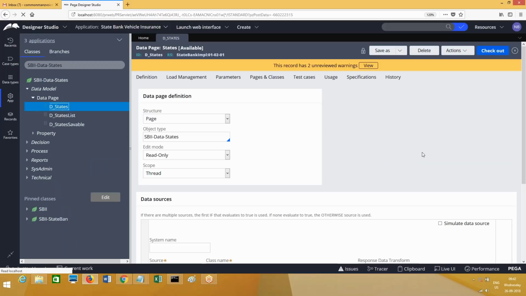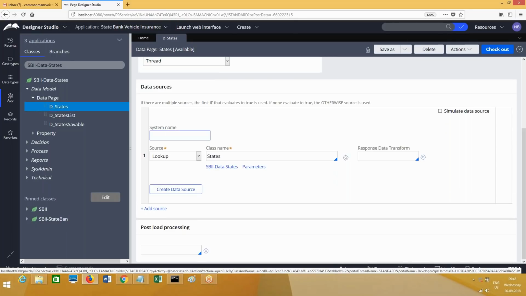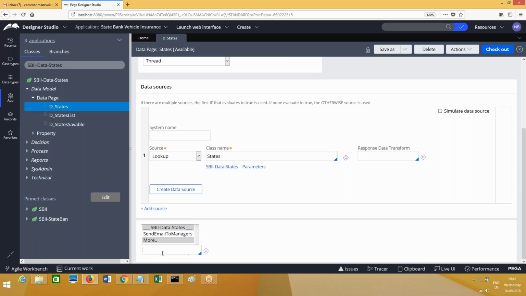See, in data pages, if you are calling a connector, at the connector level there is a connection problem flow and it will work. If you are executing an activity at the data page level, how would you do the exception handling? In a data page, if you want to do exception handling, you can call an activity in post load processing. After everything is loaded onto the data page, there may be an issue with the data. How would you handle that exception? Some garbage data has come; that is also an exception situation, right?